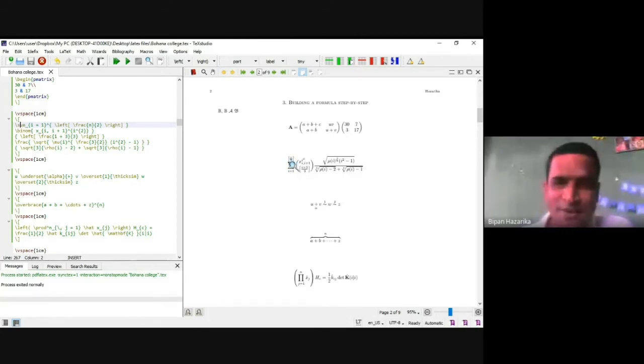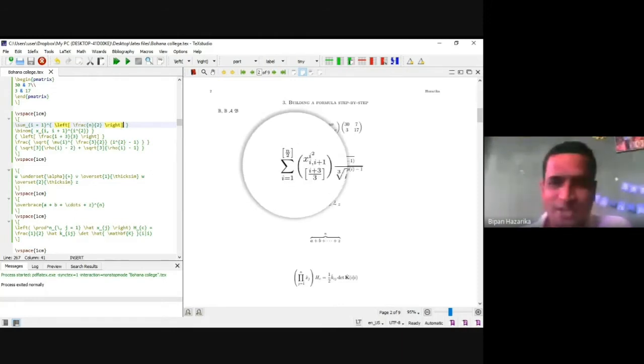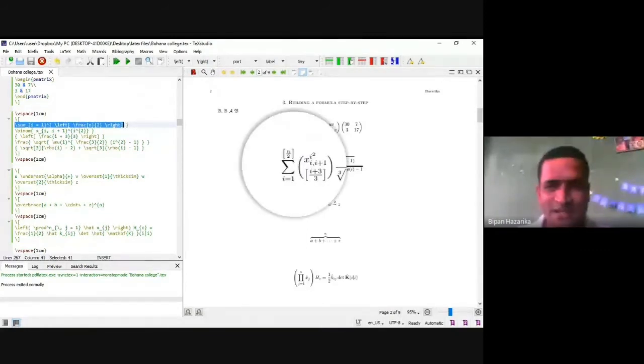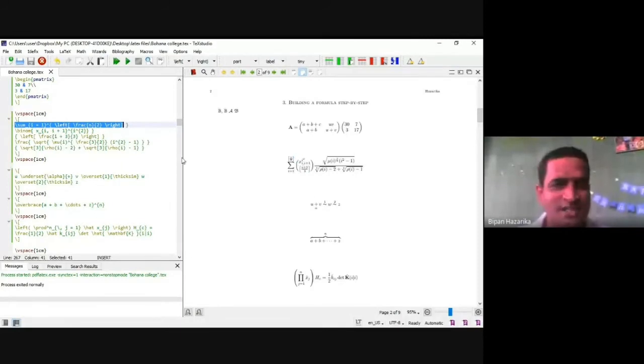For the symbol sigma, slash sum underscore i equal to 1, that means for i equal to 1 up to the fraction n by 2. Within the bracket we write left bracket and right bracket, square bracket. So you get this first part. This is the command to get it.